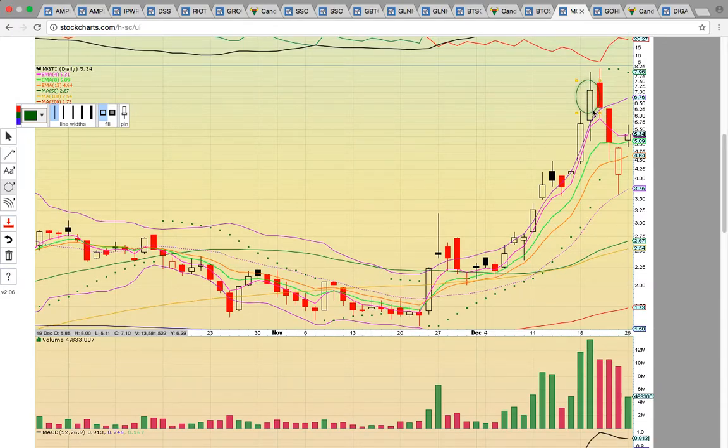It was above the upper Bollinger Band here, and then it almost looks like it formed bearish dark cloud cover here on the 20th. It pulled back. I'm not sure if it did or not. In order to form bearish dark cloud cover, this red candle would have to close more than halfway into the previous white candle. It looks like it did. So anyways, you've got a nice bounce off the middle Bollinger